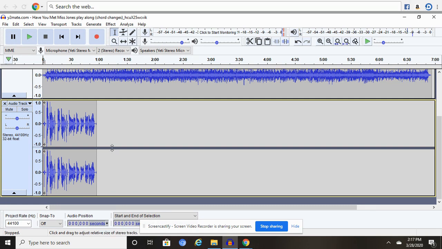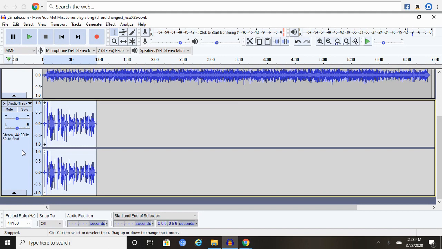With Audacity, there's a lot of cool things you can do with EQing and delay and all sorts of things, which I think is pretty cool. Now that we've got our saxophone and our backing track in here, I'm going to show you some cool things you can do with editing the sound and making it sound a little bit cooler, a little bit better. And it's really not that hard, and you don't have to do this, but I might as well put it in there since I'm doing this anyway,